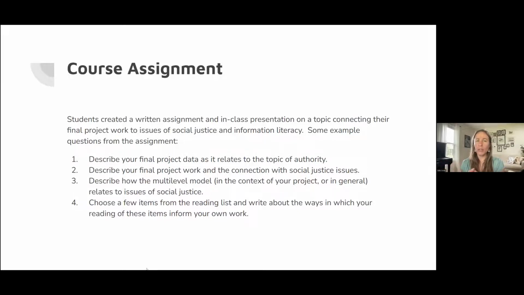Their final project was using a real data set, doing a multi-level model. So most of them were able to connect that in some way to these concepts. And so we had a lot of interesting discussions. The students did seem to enjoy this a lot, in that they were really engaged during the in-class discussions. And I told them it's pretty casual, just maybe 5 minutes, but we spent quite a bit longer than that.